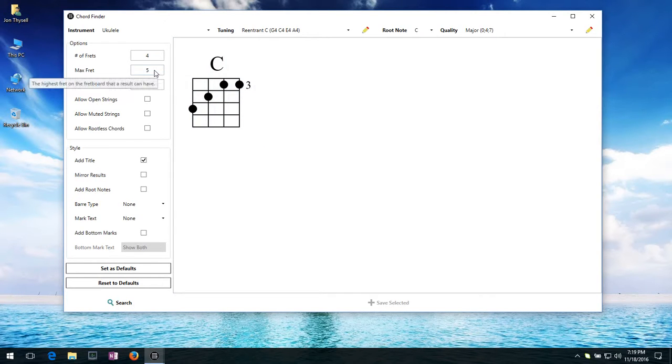So the next option here is around rootless chords, and it's a little complicated, so I'm going to come back to it after I've shown you some of the other options where it makes more sense. So, one more thing. As you can see, by restricting these results, the number of results gets smaller and smaller. Let's say I set the reach to 2. As you can see, already there's only one chord here, and it needs a reach of 3. So by setting this to 2, now when I search,